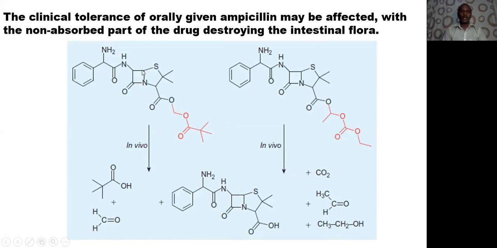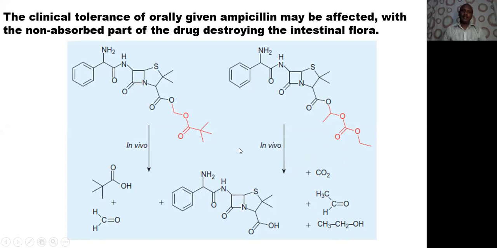This is the parent molecule, and we converted this into a prodrug. The prodrug is more lipid soluble compared to the parent molecule, and then it undergoes degradation, giving pivalic acid and formaldehyde. This is an aldehyde, formaldehyde, and this is acetaldehyde. This is bacampicillin. It undergoes degradation, and then you will get back the parent molecule, and you have carbon dioxide and acetaldehyde and